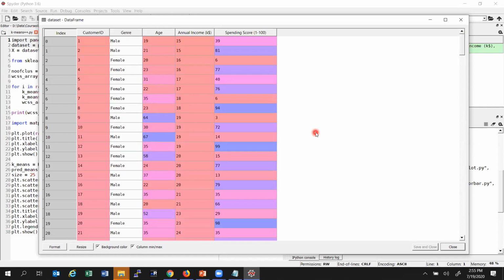Then based on cluster, I can come up with some strategy to target a particular set of clusters. Suppose those customers who are spending very much. There will be some customers at 99, some at 98.